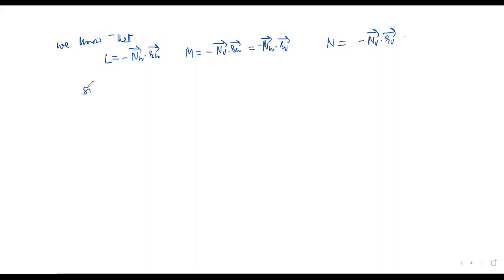So that LN minus M square would be equal to,